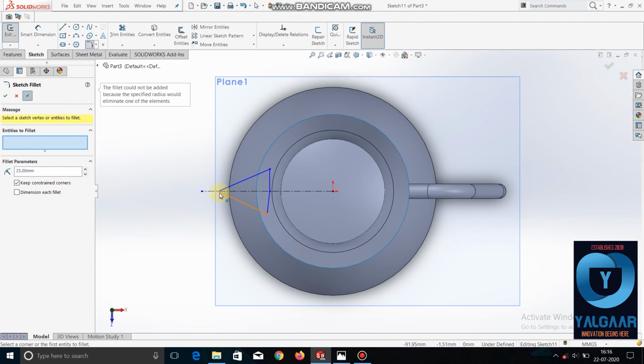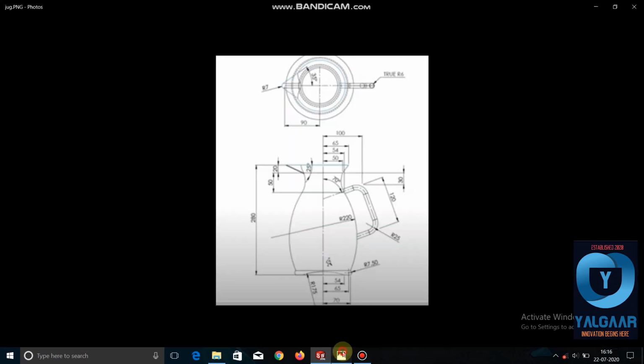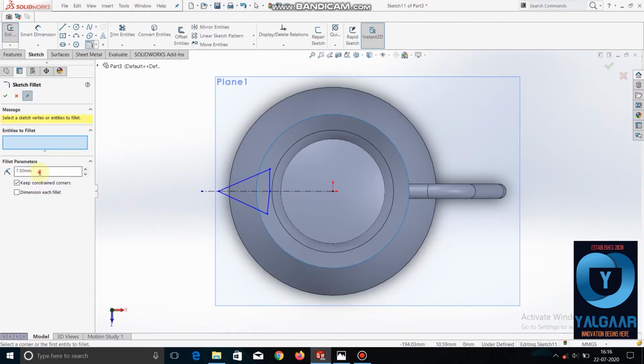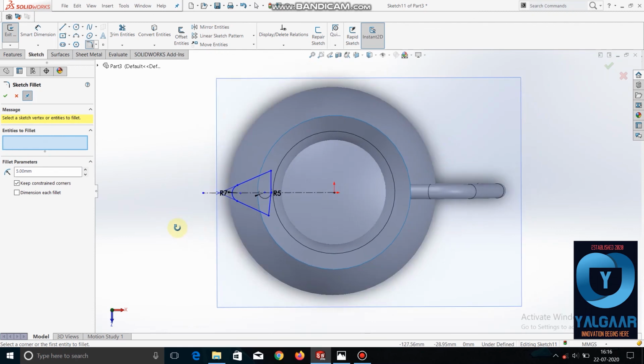See here, sorry 7 mm. Done. Here of 5 mm. The distance is 90 mm.